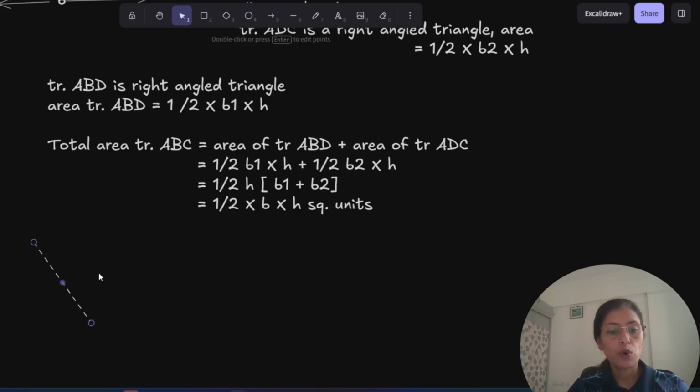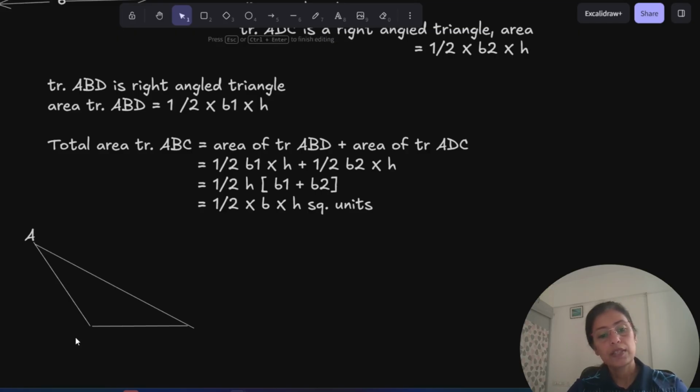So I hope you also remember the obtuse angle triangle. What is it? That is the triangle where exactly one angle is more than 90 degrees. Okay, so this is my obtuse angle. I'll just call it A, B, and C. Okay, so this is the base,